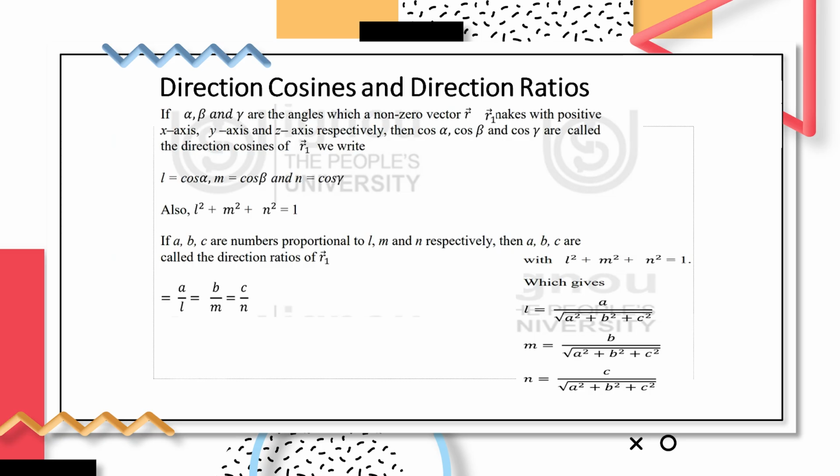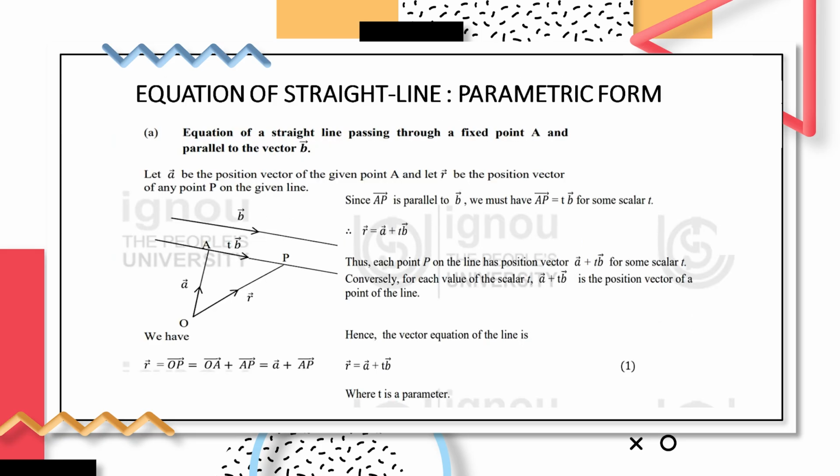We learned the expression that direction cosine L is equal to A upon square root of A square plus B square plus C square, M is equal to B upon square root of A square plus B square plus C square, N is equal to C upon square root of A square plus B square plus C square, where L, M, N are direction cosines and A, B, C are the direction ratios. We also explored the important property that L square plus M square plus N square is equal to 1, and